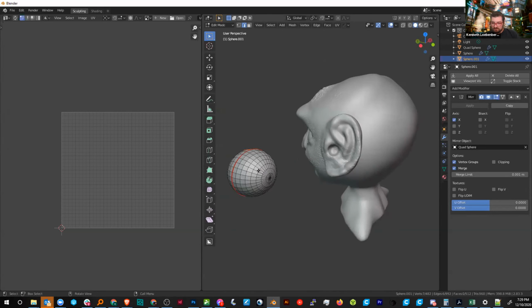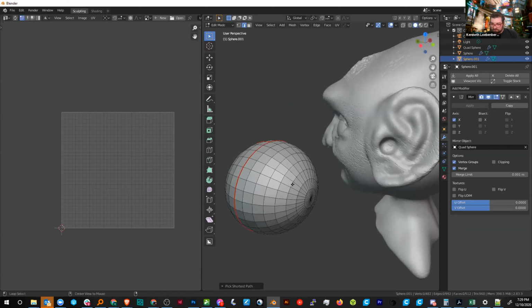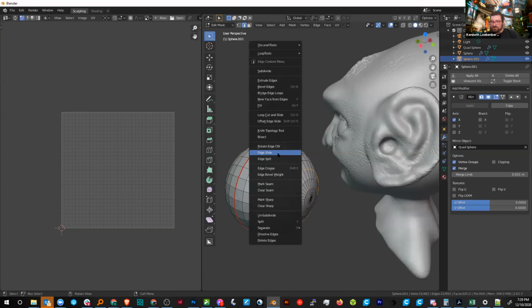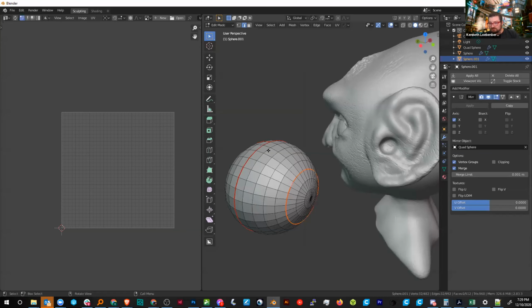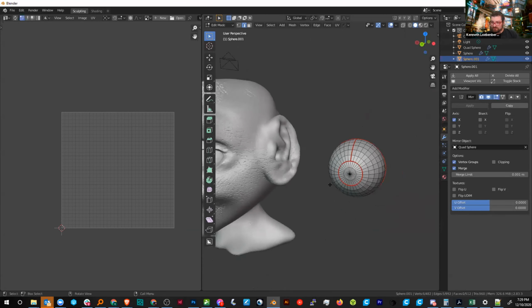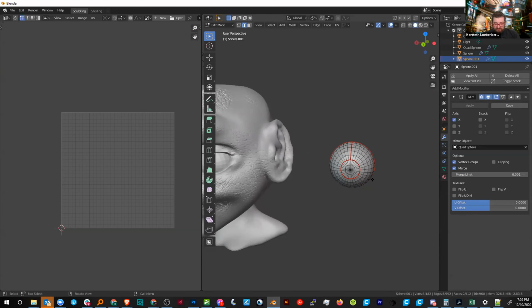And then we'll do one more over here. Mark seam. Okay, so now that we got those all marked,